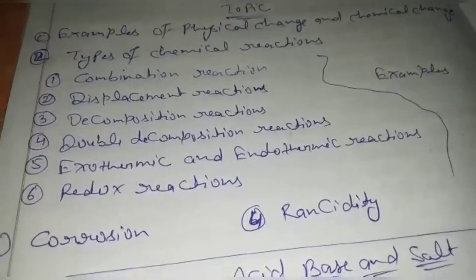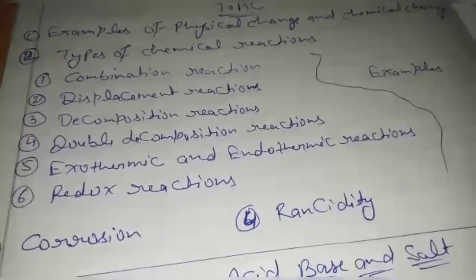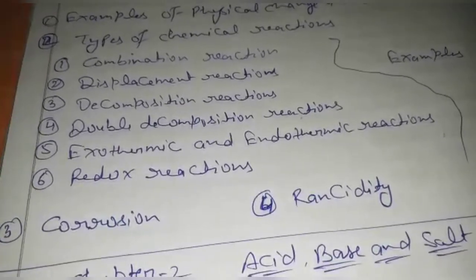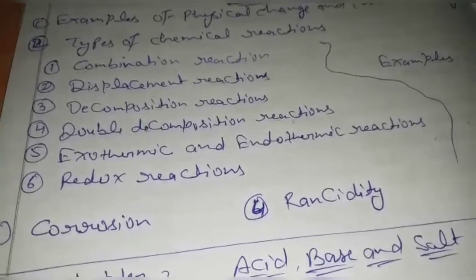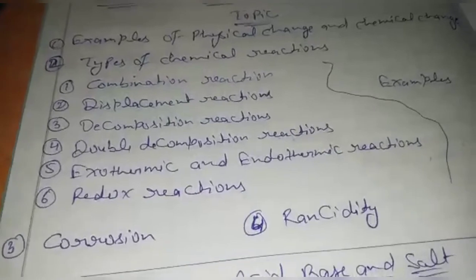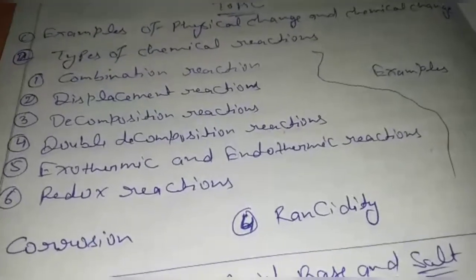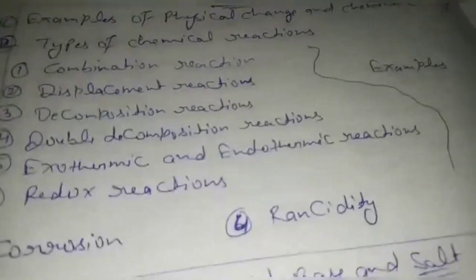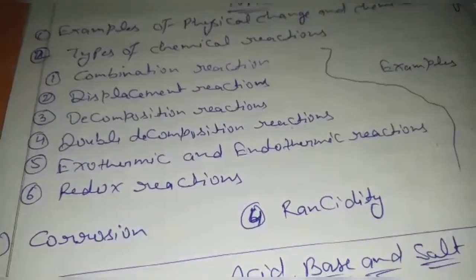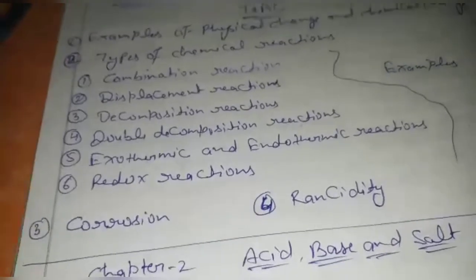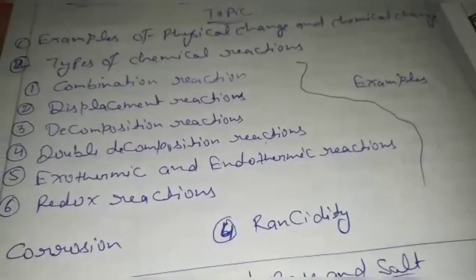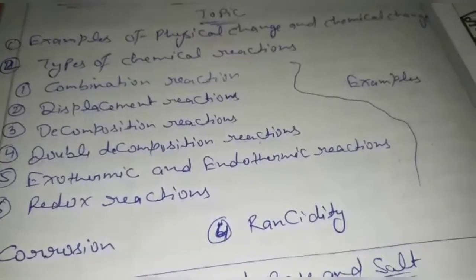Rancidity. Rancidity is also aerial oxidation of food materials. Food material shows bad taste and bad smell, so this is called rancidity. Example, ripening of apple. Okay. Souring of milk. Food material just decays, so this is called rancidity. Means corrosion occurring in food material is called rancidity.